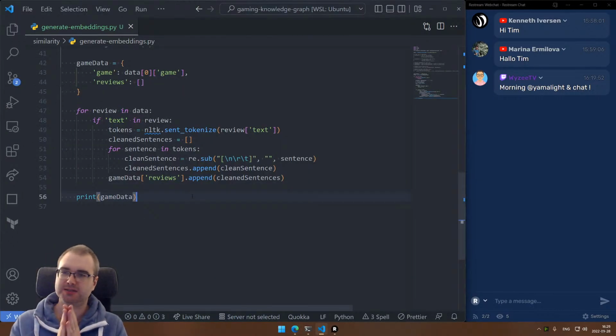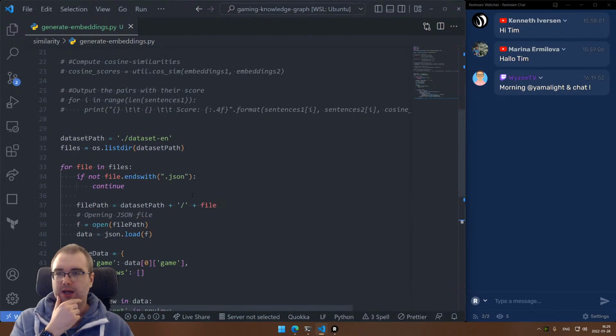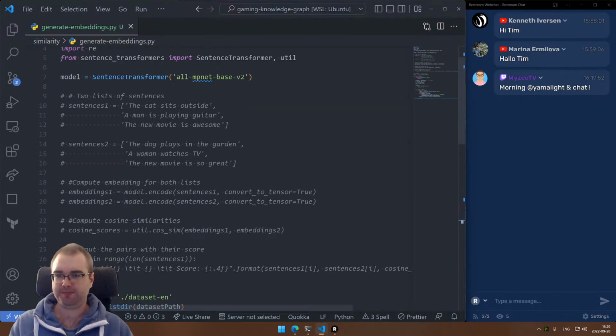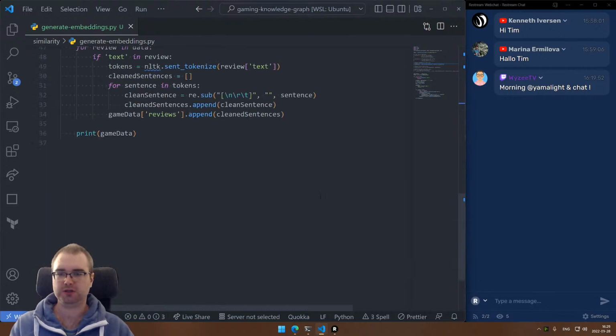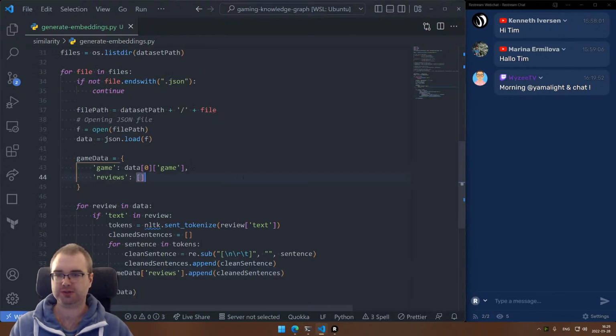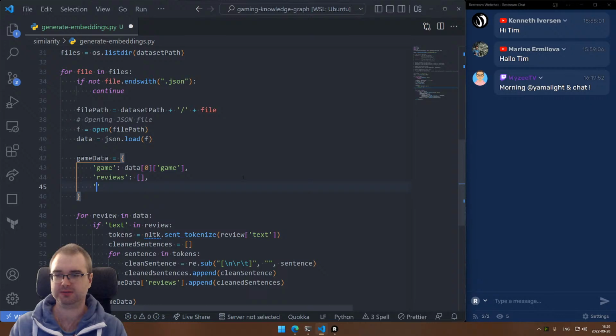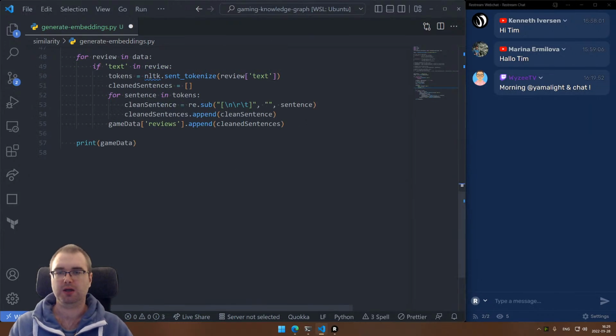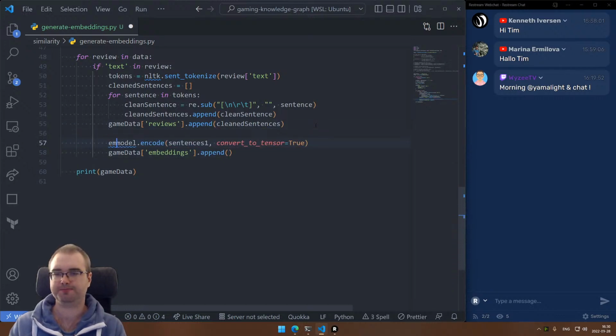Okay, so now we got game data, we got reviews, which contain a list of lists of sentences, right? So each review is now represented as a list of sentences. So now we need to generate embeddings for them, right? So actually what we want is, I'm going to create a new list. I'm going to call it embeddings. And we're going to create another list, right? And what we're going to do is say game data embeddings append. And then we're going to generate those